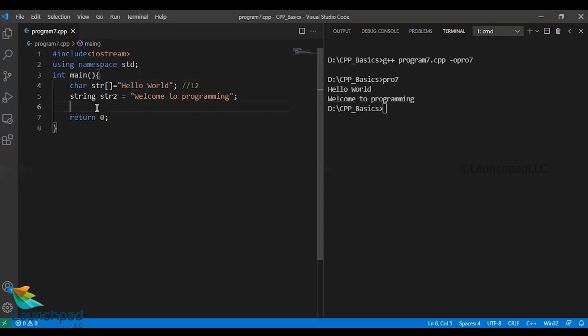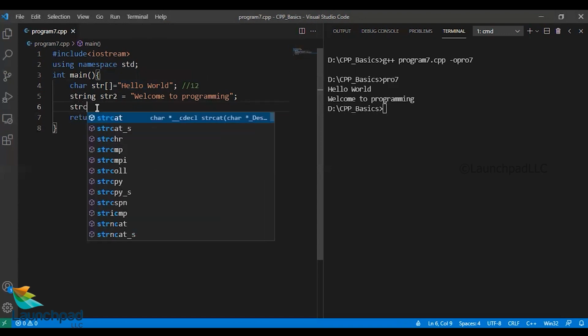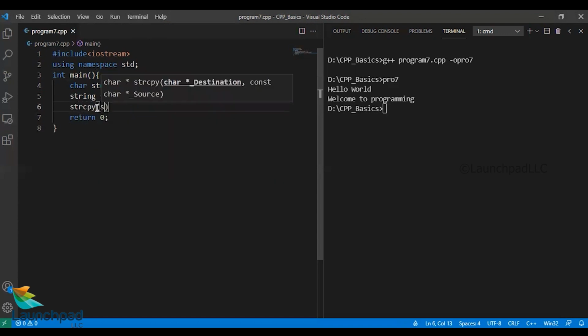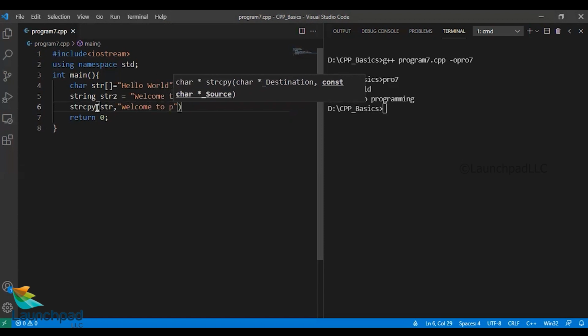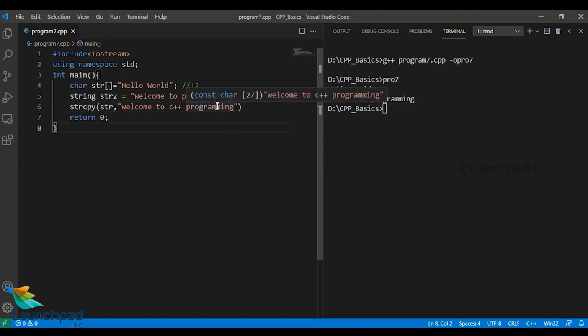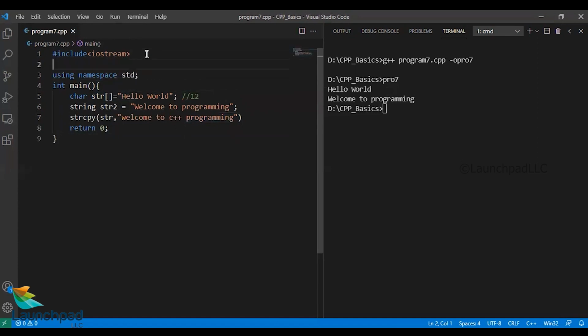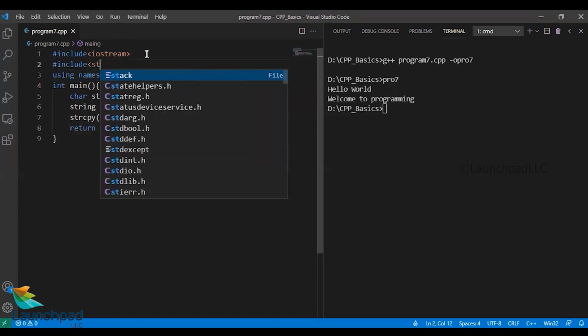If there is a scenario where I'm going to strcpy of str, comma, I'm providing a lengthier string, for example, welcome to C++ programming, where the length of this constant string is higher than the present character array size, for which I should include my string header file,